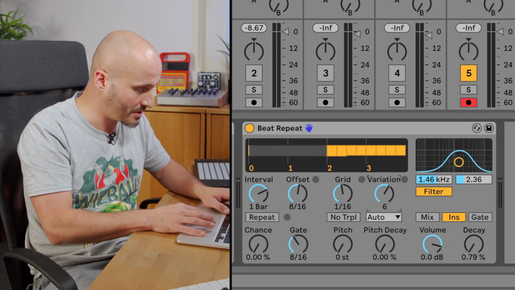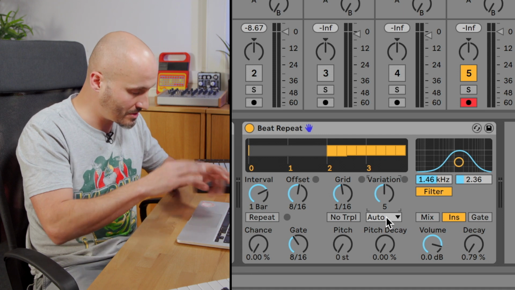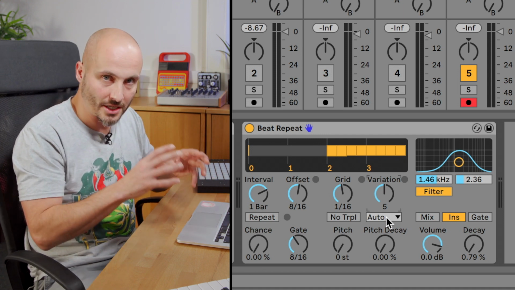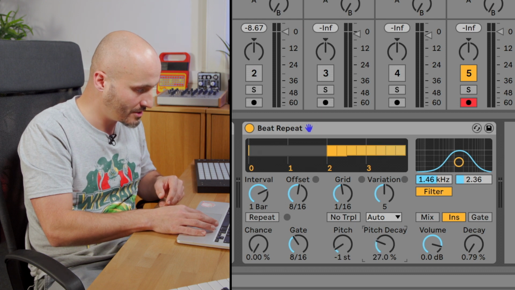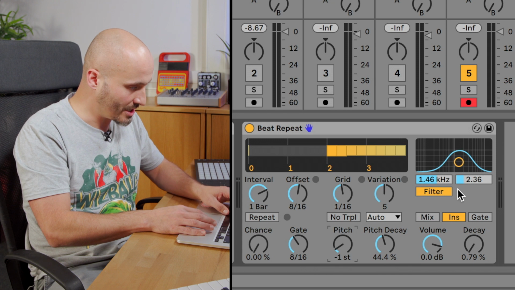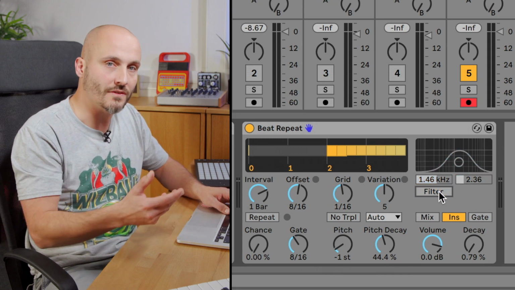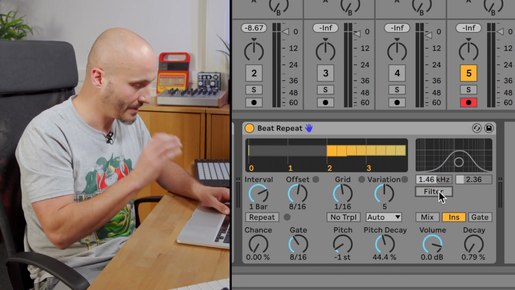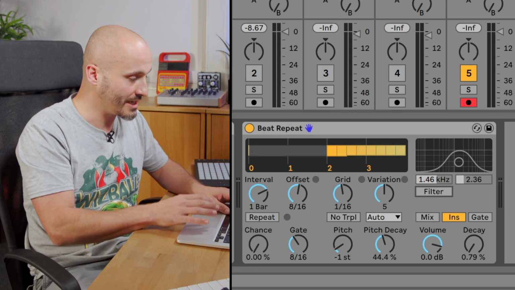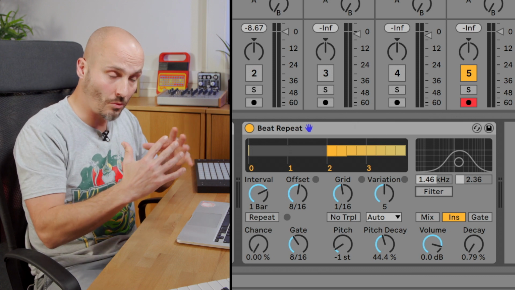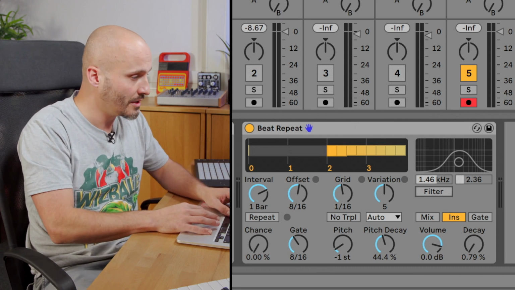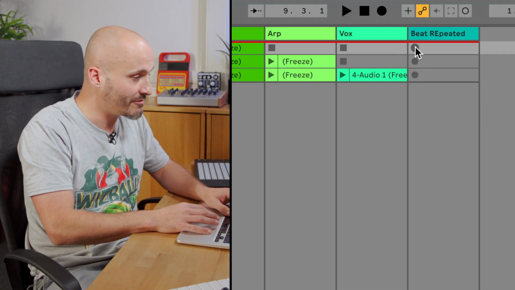So in this case, I do want it to do lots of variation. Let's keep it the sort of the most dynamic change of the variation within the beat repeat itself, and maybe set the pitch to do some pitch decay too. So we get lots of really interesting changes. And let's take the filter off so I can choose to filter it later if I feel it needs it. I'm going to be recording this while it's actually doing full frequency versions of the beat repeat rather than ones that are kind of EQ'd with the filter. So if I just hit record on the beat repeat track now,